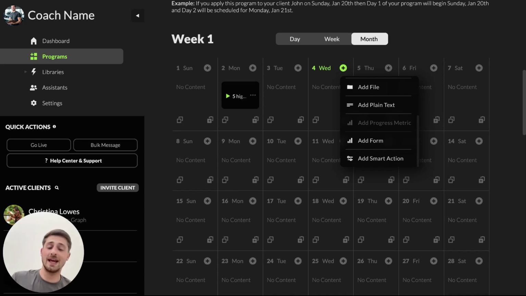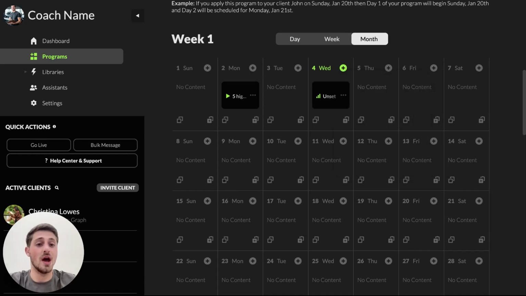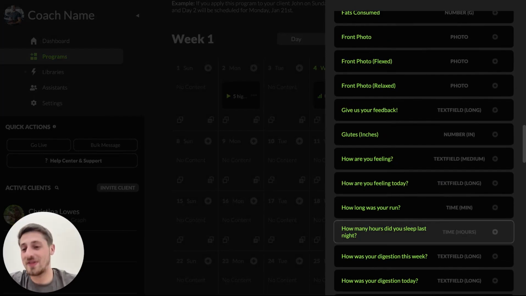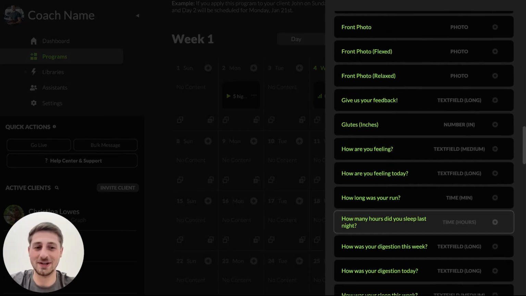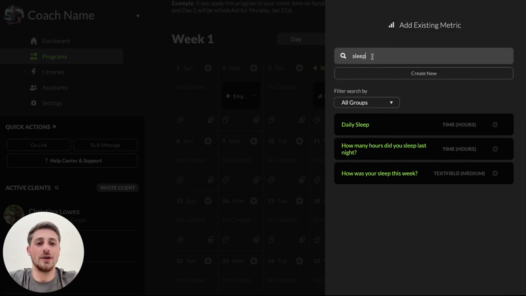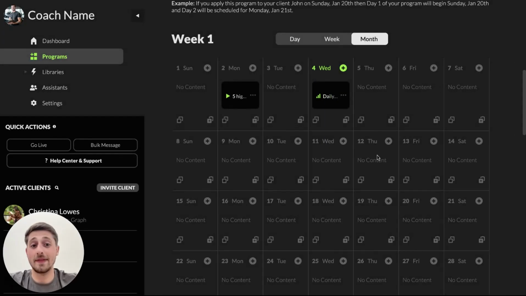But besides them being able to integrate those things and add them themselves, you can also ask them to track anything directly by adding it on their schedules or, of course, programs. If you need them to really track anything at all, and there's a whole different video on metrics that we'll show you another day, but take like sleep, for example, you can absolutely have them just add that in directly as a task to complete on their schedule too, combined with content, workouts, everything like that.